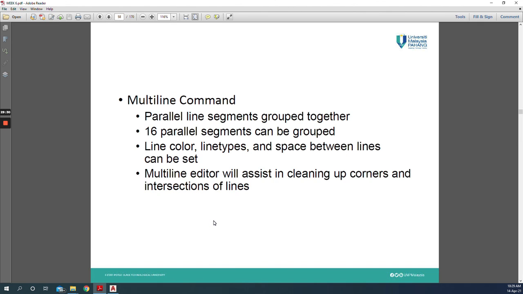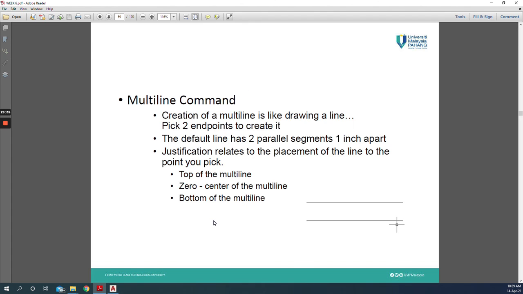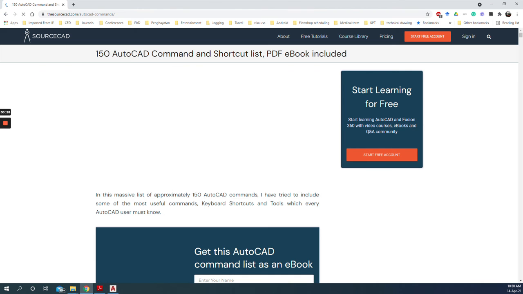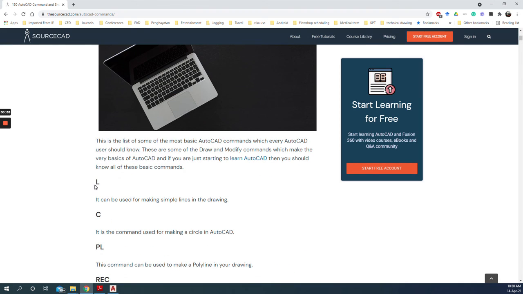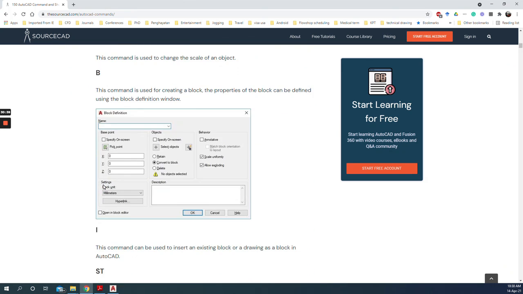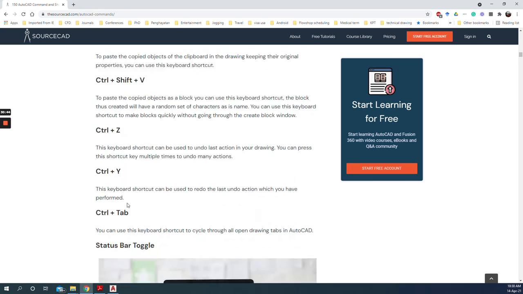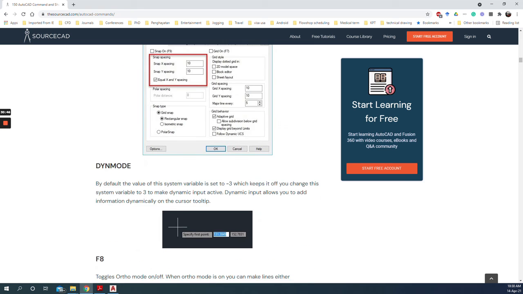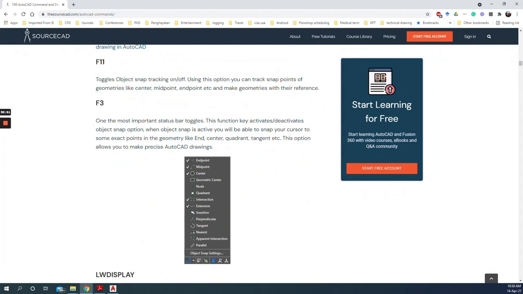Okay, either the ellipse command, multi-line command, and so on, which you can do by yourself. So I think you can go through this. Another way to do it is by going to the website, okay, which you can use. Okay, for example, L, C, T, these are all the commands that can be found in this, which I have already explained earlier. So go through this Autodesk AutoCAD command website,